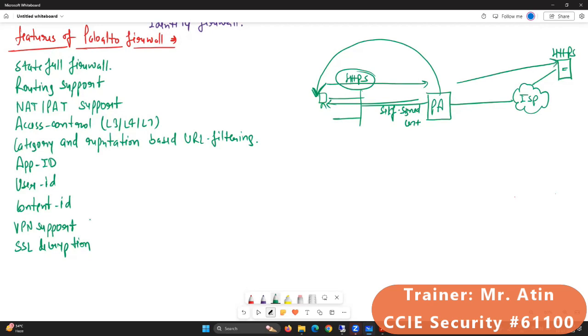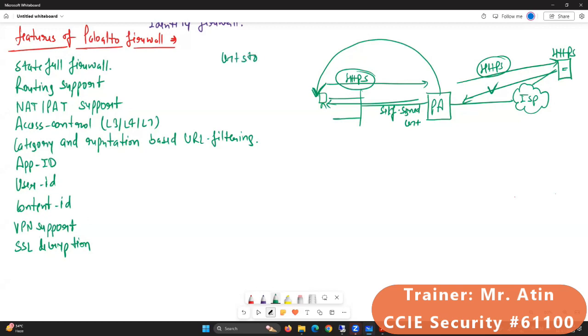Further, this Palo Alto firewall will initiate the secure HTTPS connection towards the destination server. Now, the destination server will provide its certificate, its identity certificate or device certificate, right? Let's say it is google.com. So google.com will provide its device certificate to prove its identity. Otherwise, if this certificate is not sent, then this connection will not be secure. Or if this certificate is not trusted by your device, then also this connection will not be secure. So this Palo Alto firewall will be able to verify that certificate, because in these network devices, we have a certificate store